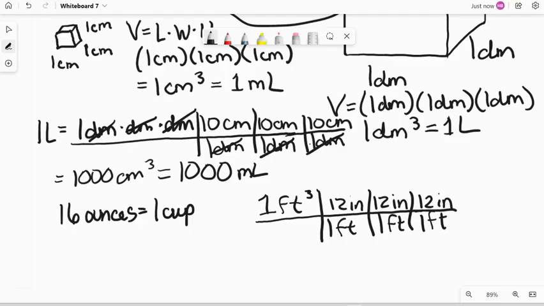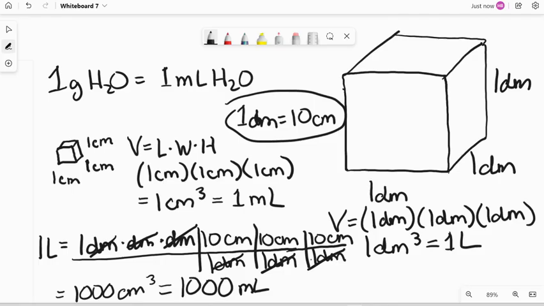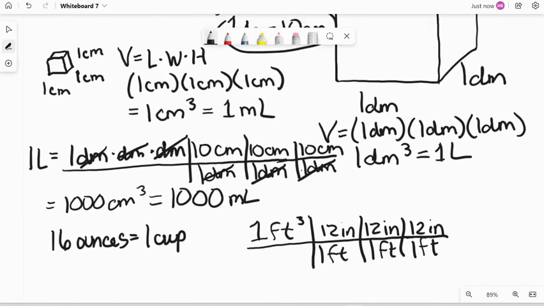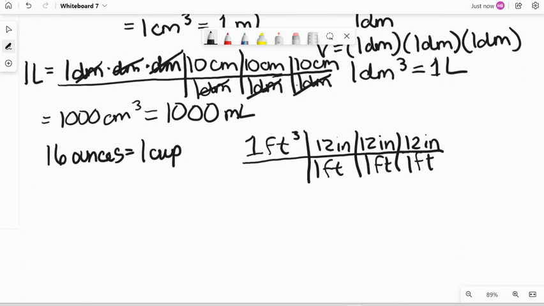Why do we have 10 centimeters over every 1 decimeter? Because there's 10 centimeters in 1 decimeter. This is what I wrote up here. If you looked at a number line, a centimeter is right next to a decimeter. And these prefixes are all to add on to base units like meters in order to make smaller or larger units. It's really brilliant if you think about it, because we did something where we did ounces and cups and pints and gallons and quarts, and none of them are related to each other,